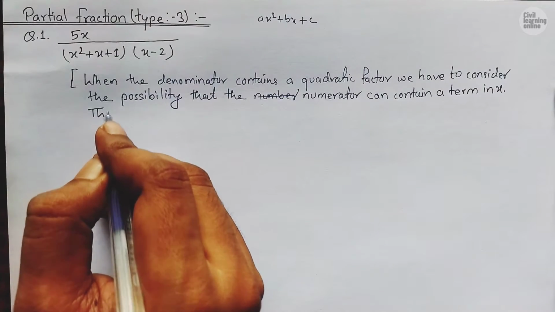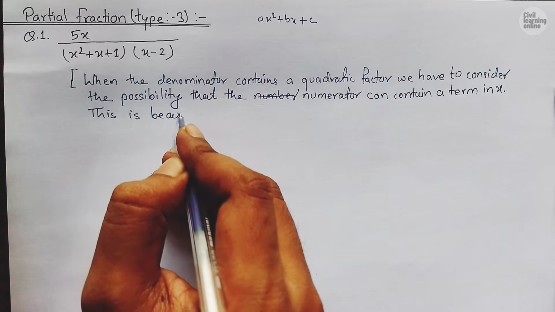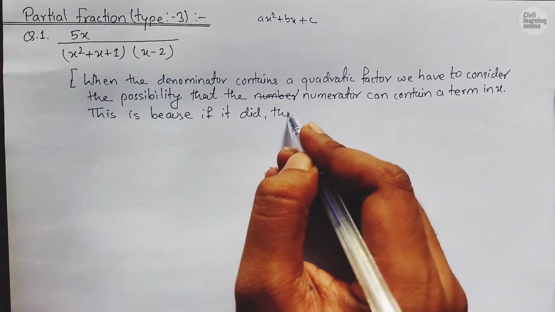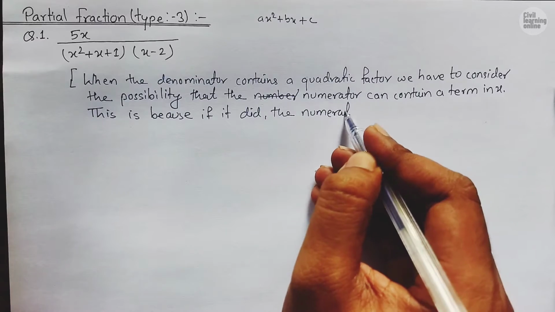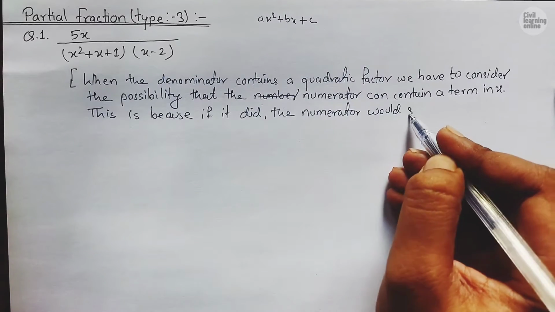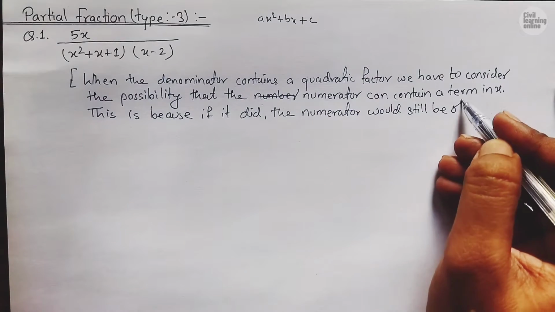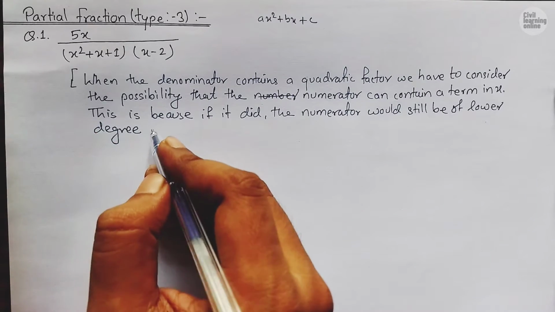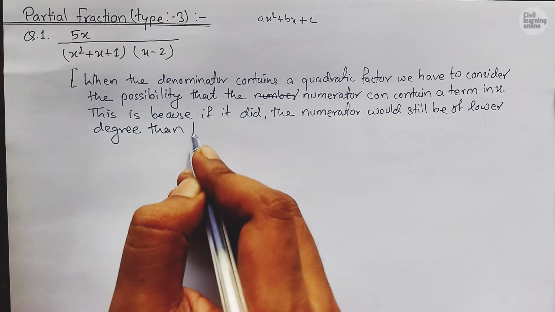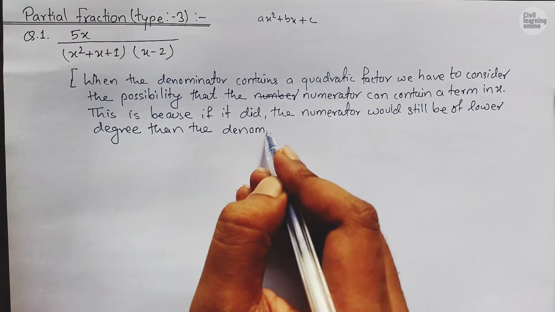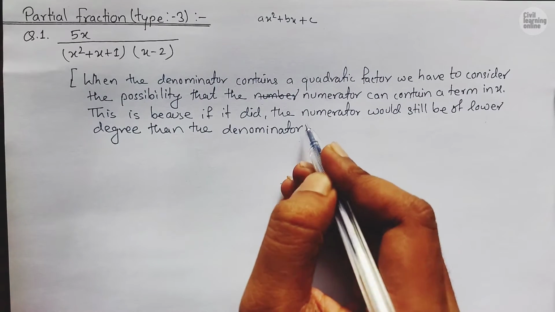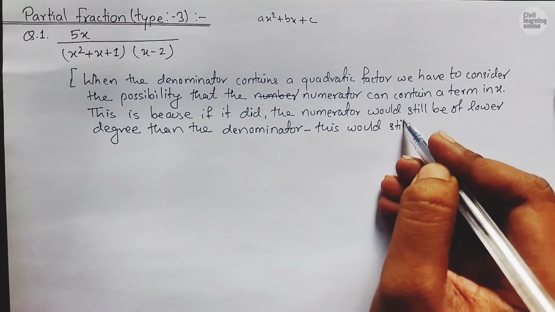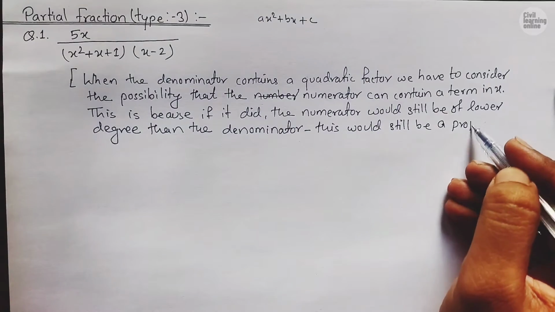Okay, so this is because if it did, the numerator would still be of lower degree than the denominator. This would still be a proper